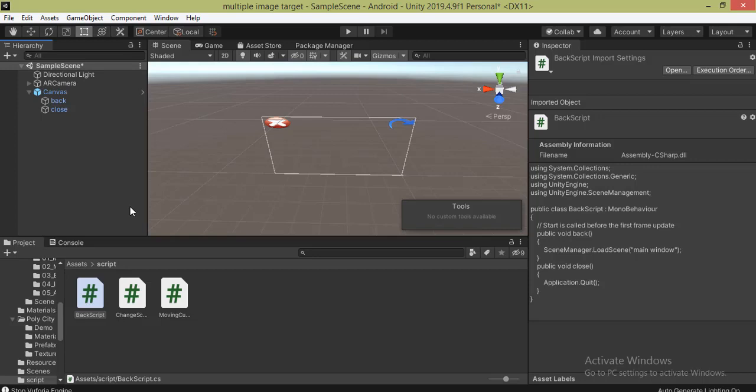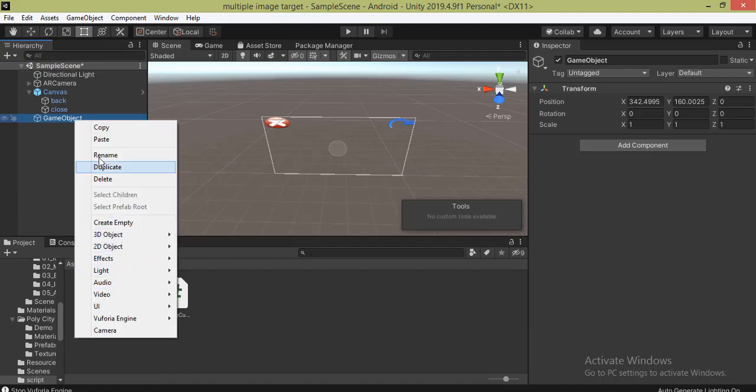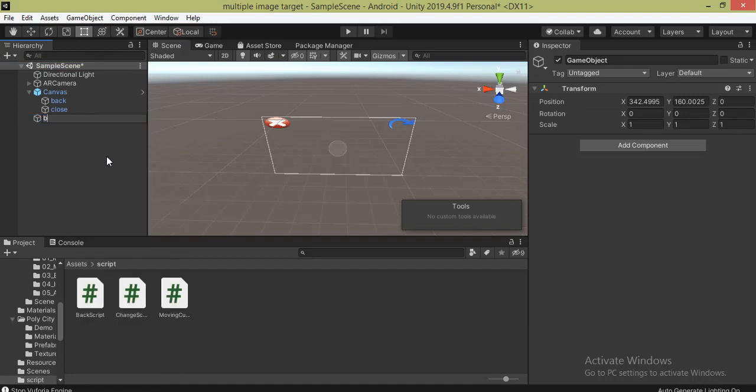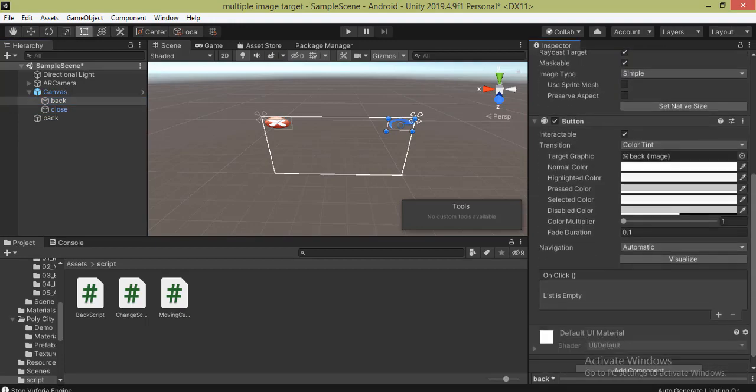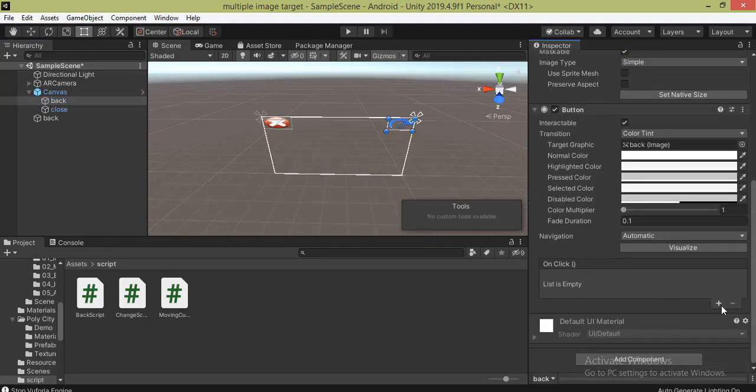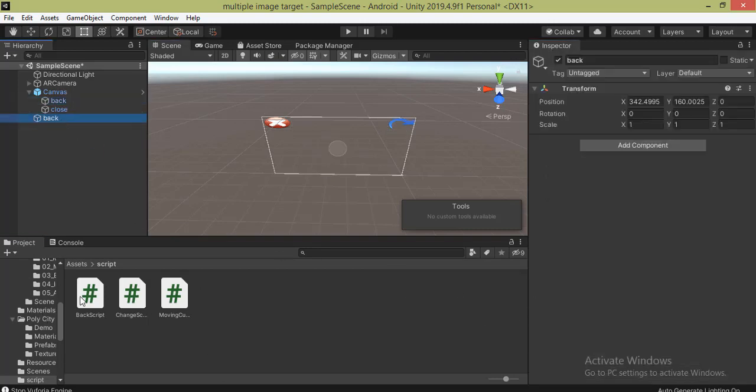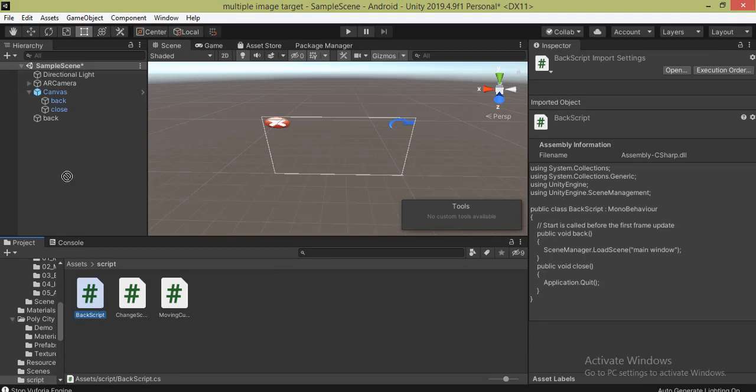And now this time again I create one new empty game object, rename it back, and after that I click on this back button, go into the inspector panel, click on the plus button on click, drag this back here. Before that I click on this back script and drag it onto the empty game object.